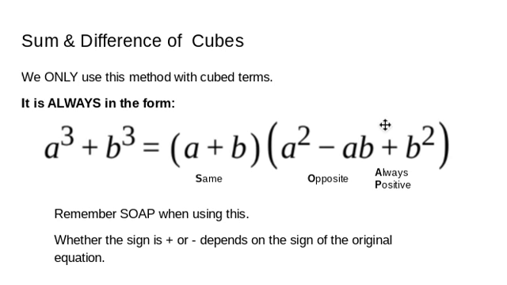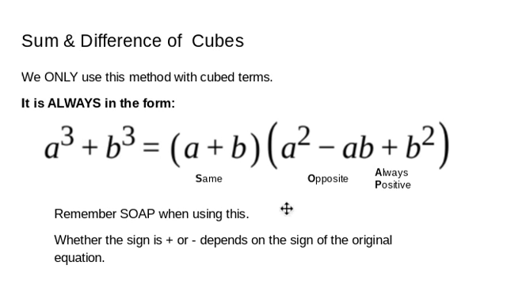And regarding whether it's positive or negative, we have to remember SOAP. Whether it's positive or negative depends on whether the original problem is positive or negative. So like for this, because this is positive, SOAP means same, opposite, and always positive. So because this is positive, this would be same. So same as the original